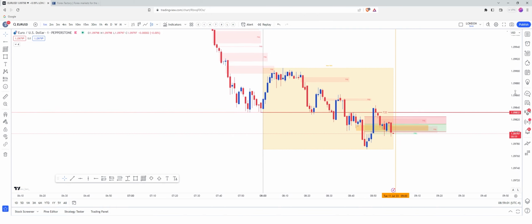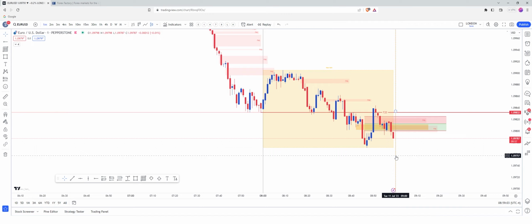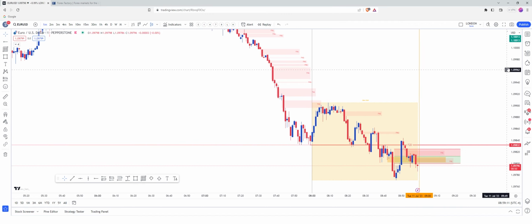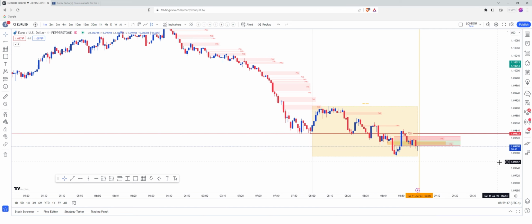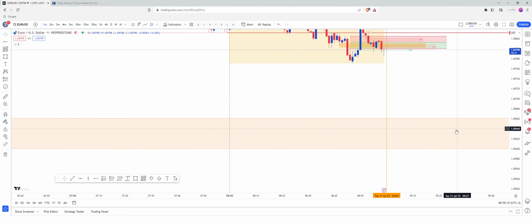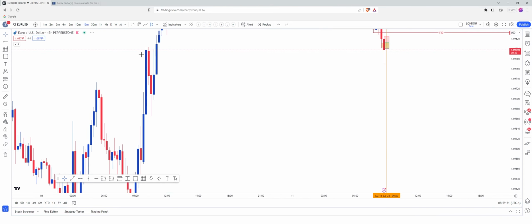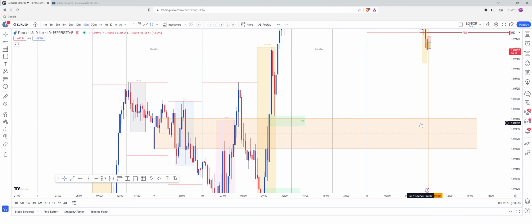From previous videos you'll understand that as the new hours open up, they can generally have an influx of volume, so we're looking to see if this volume is going to break us back up into this range where we can potentially target some buy side liquidity, or if it's going to drive us down. We do have a new week opening gap down here, and a lot of imbalance as well.